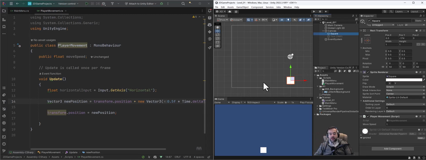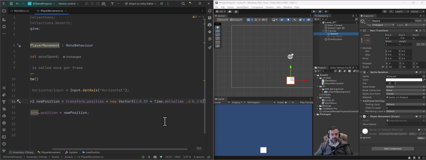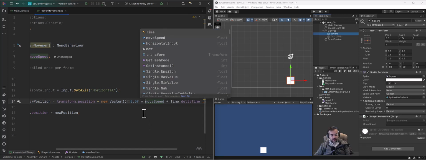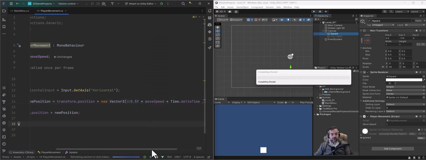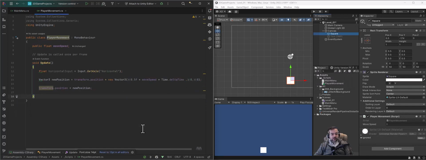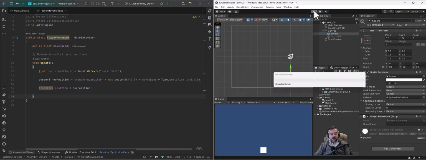So for this bucket moving, and really this is just the same thing as a platformer, right? Now we're sort of coding this movement speed. Let's go ahead and grab our movement speed here. And then I'm going to add another multiply symbol here. And I'm going to multiply this by move speed. And I'm going to save this. And now we have 1 times 0.1. So really, we're not changing it much. But watch what happens as I start to fiddle. If I press play here,